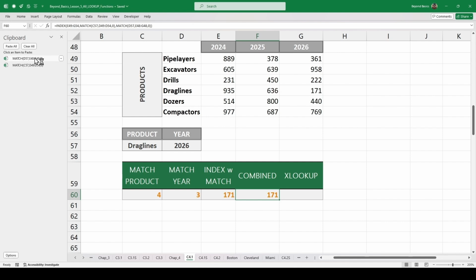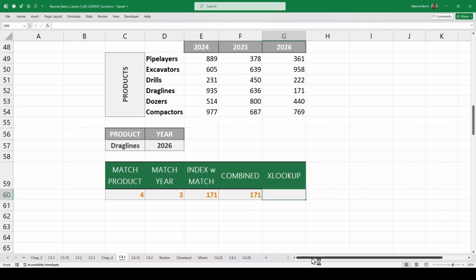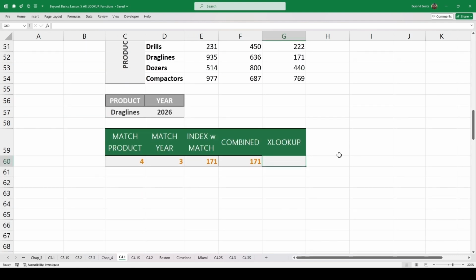Finally, let's see how we can achieve the same result using the XLOOKUP function. Close the clipboard pane. All right. This function will simplify our task by handling both row and column lookups in a single step. So type in an equal sign, XLOOKUP, press tab. Under lookup value, select the product we are looking up,